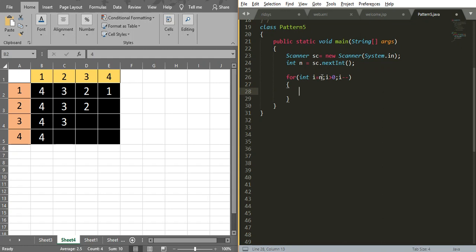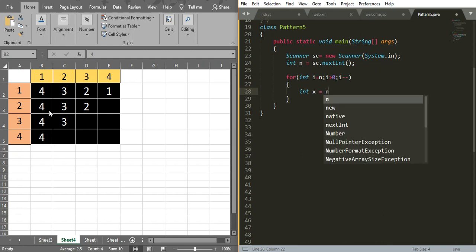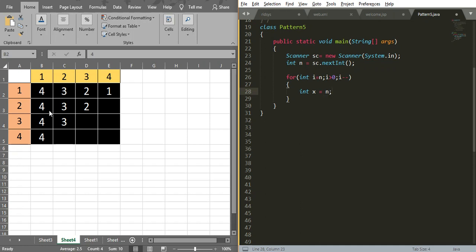Yes, if you see, we want to print these numbers in reversing order, so I am declaring one variable called int x equal to n, right? So I am decrementing the value of x by 1 for each and every row.